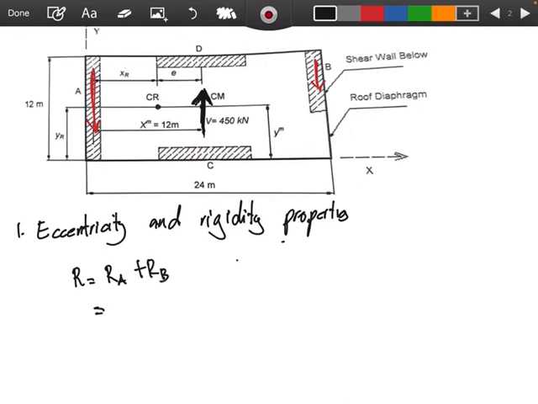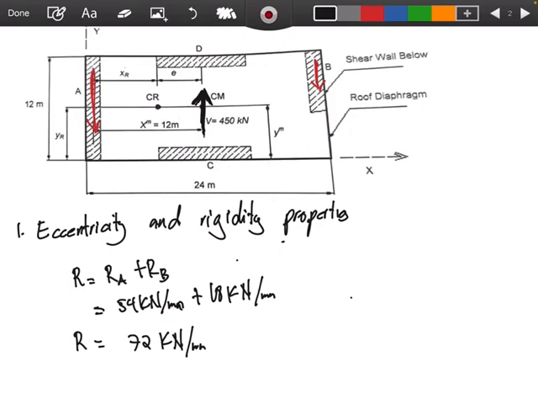And RA is what? 54 kilonewton per millimeter plus RB is 18 kilonewton per millimeter. So, if we add this one, 54 plus 18, this is 72 kilonewton per millimeter. So, that is the rigidity. So, we're going to look for the center of rigidity. Dito kasi sa figure, pinakita niya kung asaan. Pero, hahanapin natin yan. So, for us to locate, the formula would be, so, location ha, x sub r ay